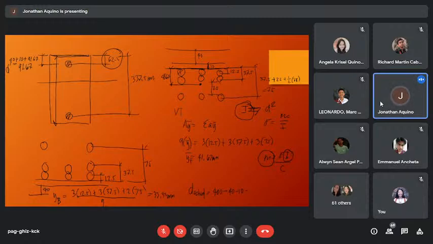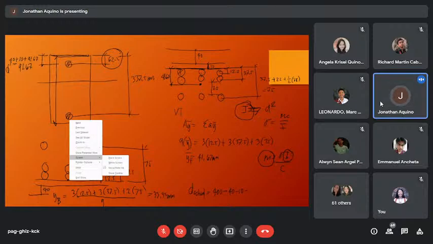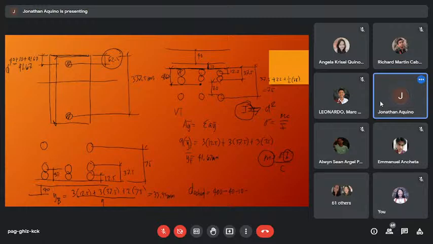Minus centroid ng bars natin. Mula rito, ang centroid ng bars natin is 33.33. So, ibig sabihin, banda rito yung centroid ng bars natin. So this will give a value of 400 minus 40 minus 10 minus 33.33. So, this will give 316.67